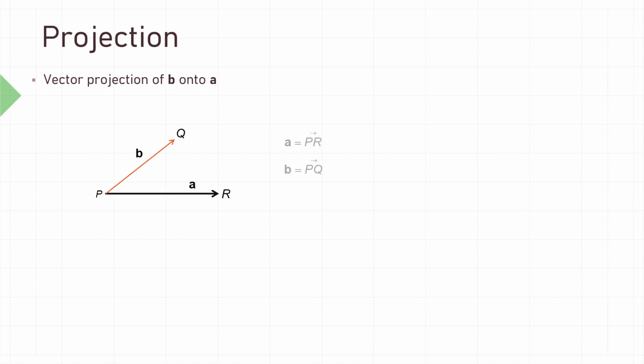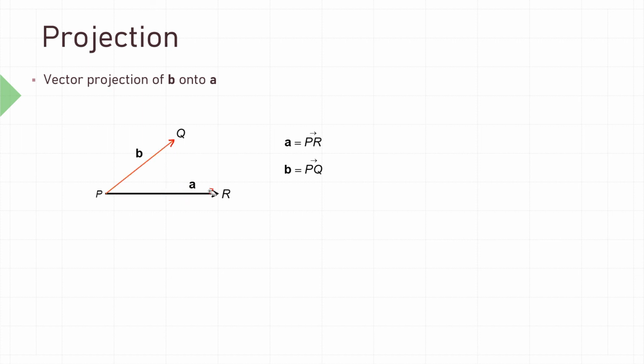Alright, and the last part for this video, we need to see the projection of vectors. Vector projection of B onto A can be represented by this. Suppose we have the vector PR here and another vector which is PQ, and we represent vector PR as A and vector B as PQ. If we want to find the projection of B onto A, meaning this is B and this is A, we want to project B onto A, we need to bring this